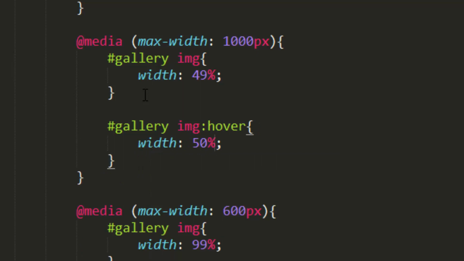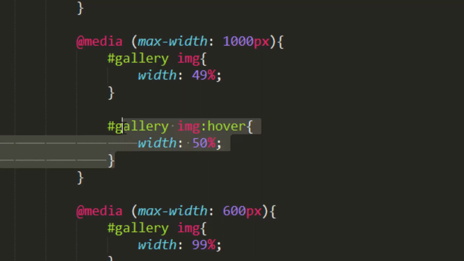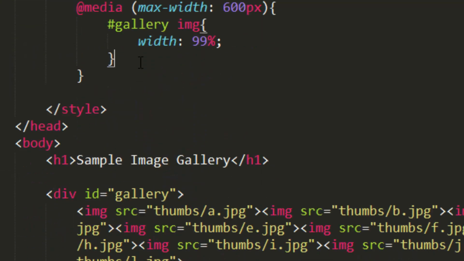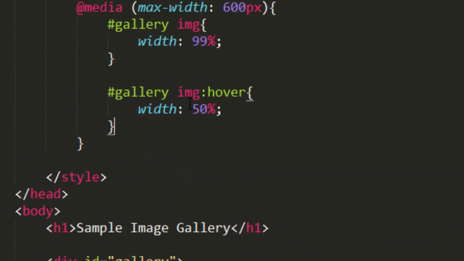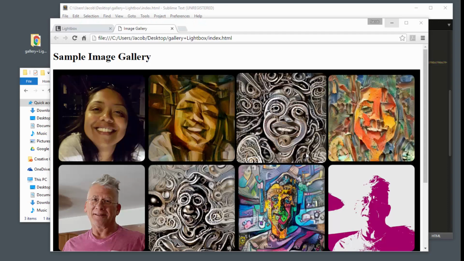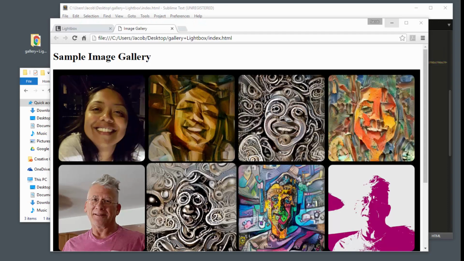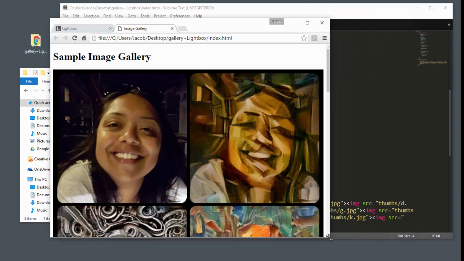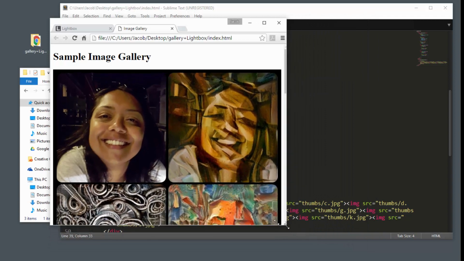You do not need to set the margin to 0 because this style that was applied previously will still be in effect. Create one last style for the hover effect in the media query for small-sized screens and set the width to 100%. Now when you view the page at a large size, hovering over an image makes it increase slightly in size. The same is true when hovering over the image at the medium size and at the small